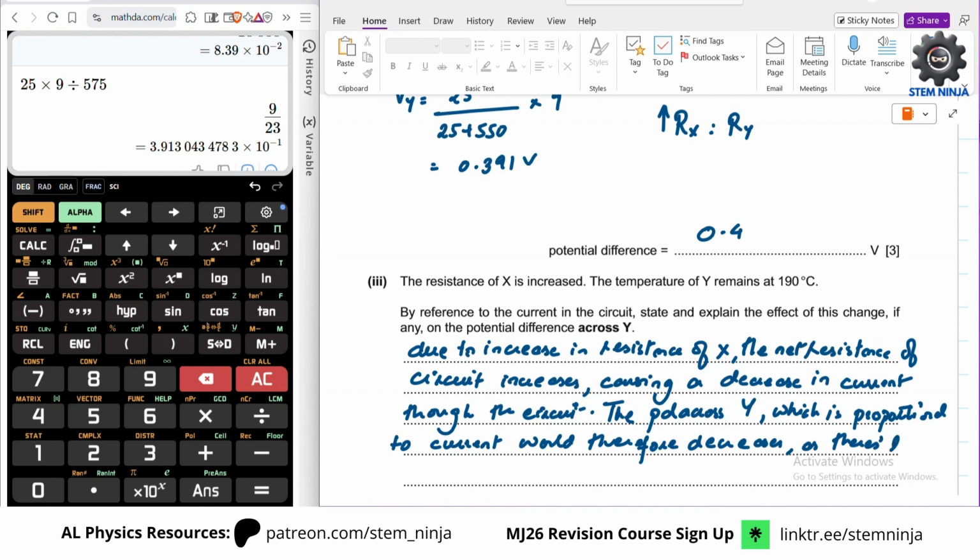As there is less current flowing through Y,